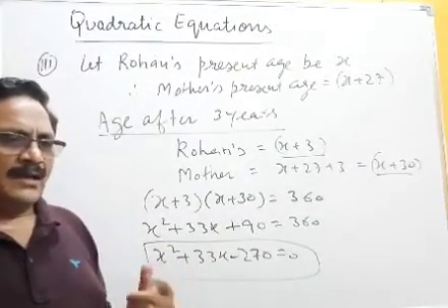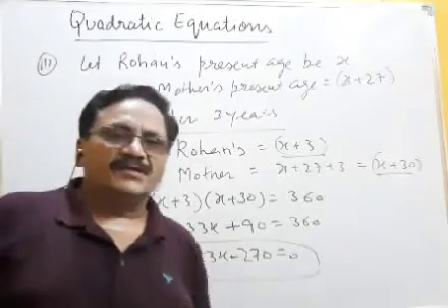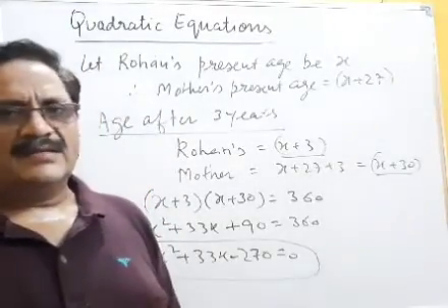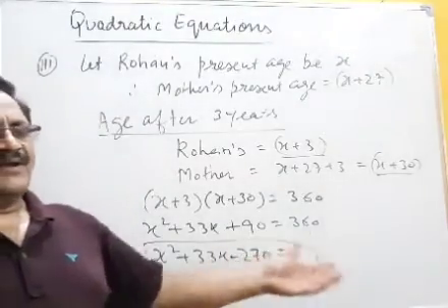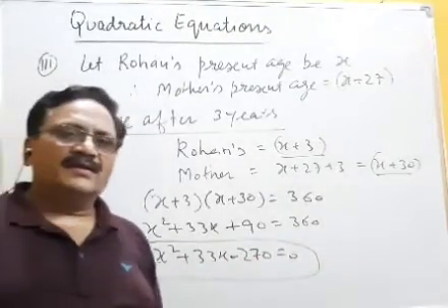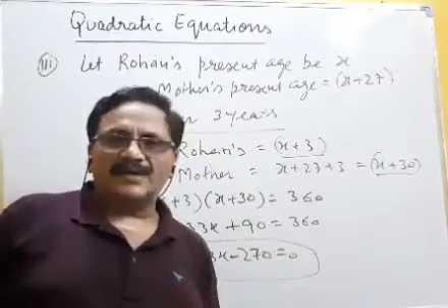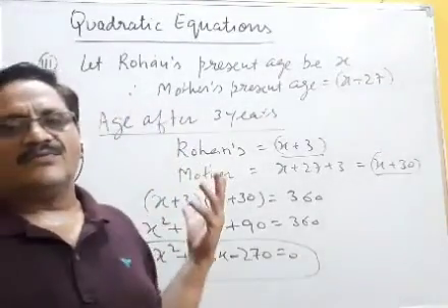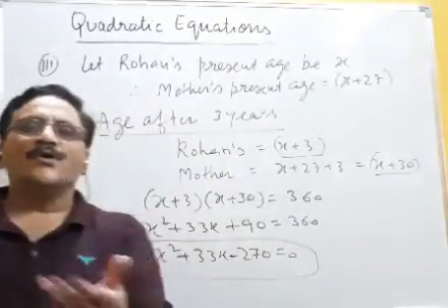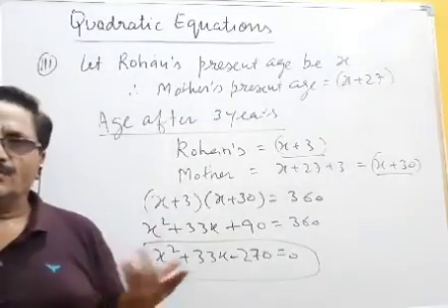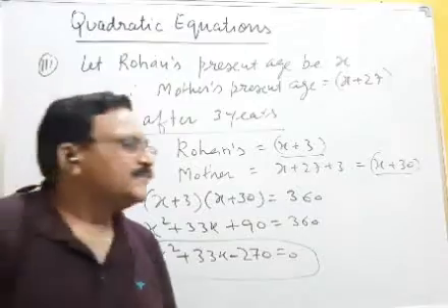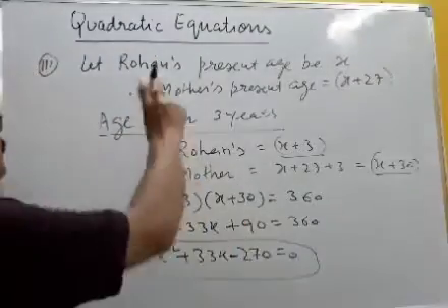For example, I am thinking what will be my age after 5 years. So definitely 5 will be added to my age. My son also adds 5 years. My friends will add 5 years. Similarly, 3 years ago, you have to subtract 3 years. How old was I 3 years before? Just subtract 3 years. Clear? That is how you easily calculate. So this we always compare with the present age.